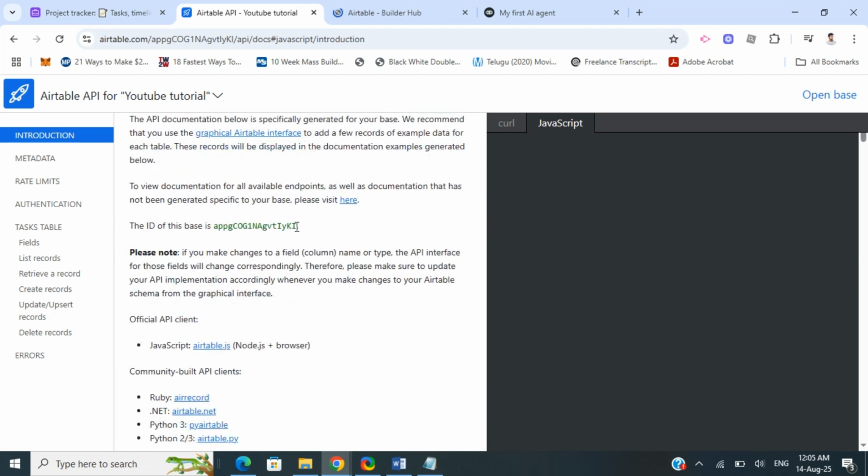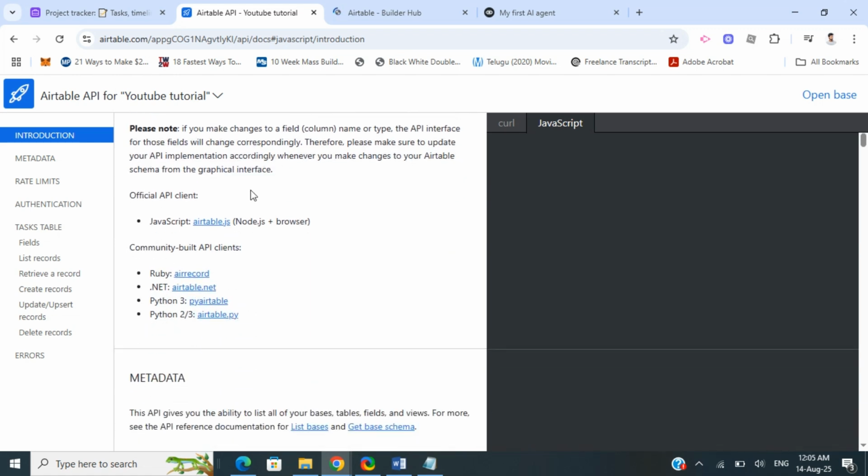We might need this, so you can just copy or take note of this base ID and the other table names and fields and everything. We might need this. Okay, once you get that, next you're going to go to this website here,